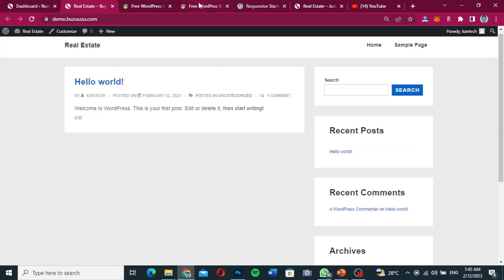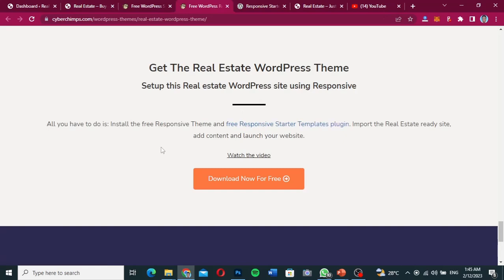So as you can see over here, when you come over here, you're going to see that it tells you that all you have to do is install the free responsive theme and free responsive starter template plugin, import the real estate ready site, add content, and launch your website. So now what we're going to do is